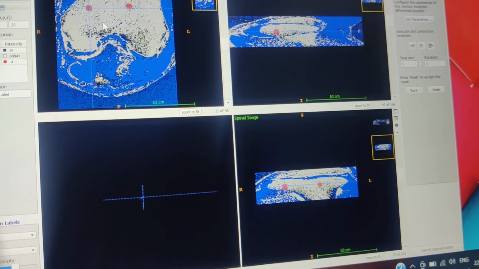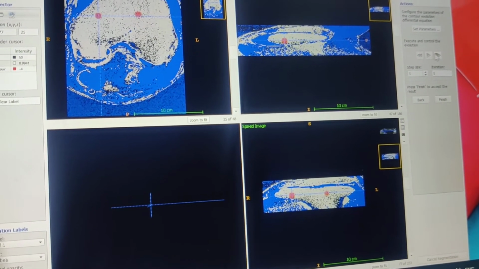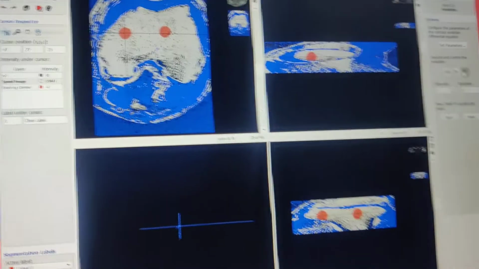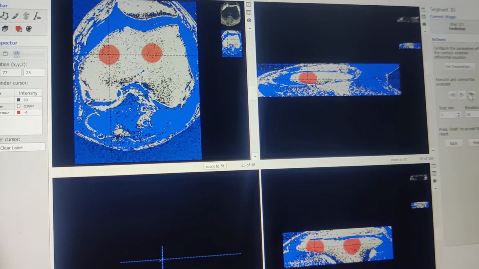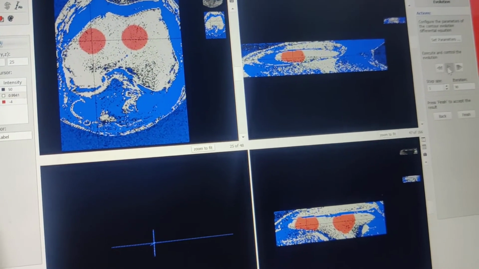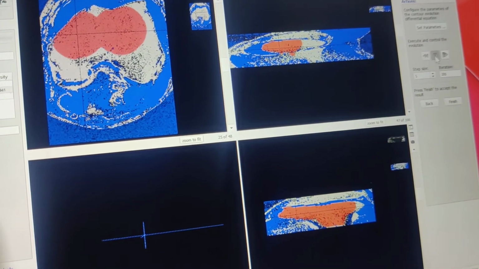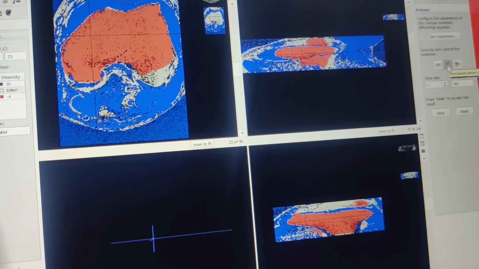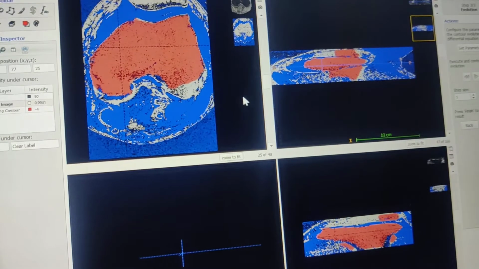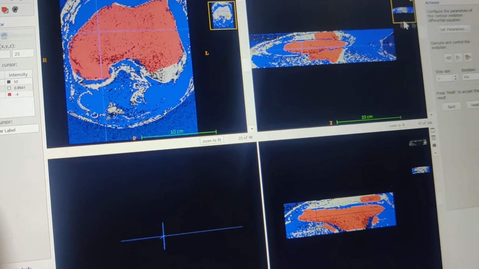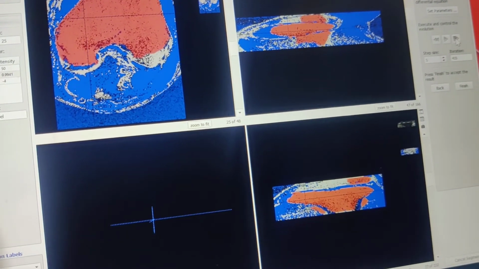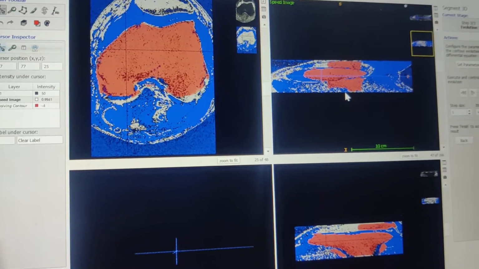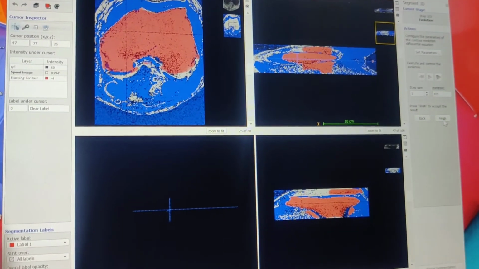And now as you can see, as we are here at this bubble, I'm performing a single evolution. So as you can see, with each click the contour is getting evolved. You can see this is getting filled completely over here, and now I'm pausing it because my segmentation is coming to a halt. Yeah, so now after completing this, I will click finish.